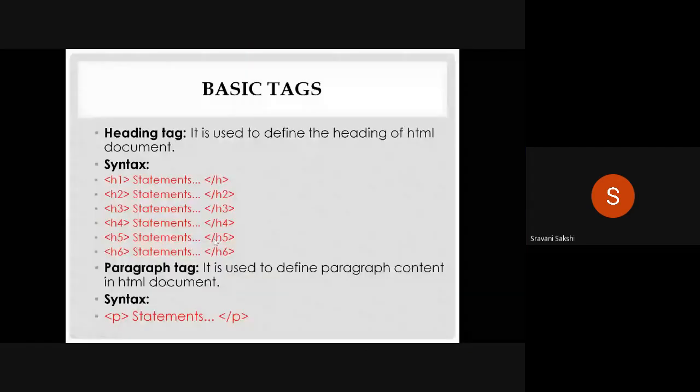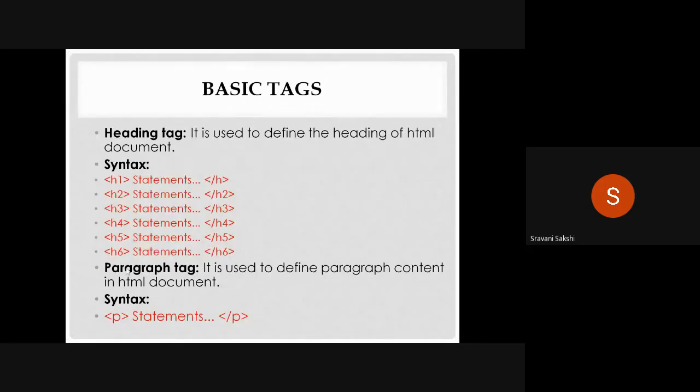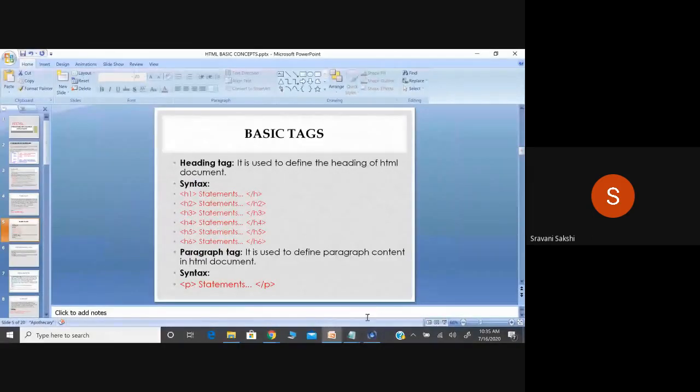Next coming to the paragraph tag. This is used to define the text in the format of paras. So what is the syntax? You will give it in P. The text you want to define is enclosed within the P tags, and it can be of a single line or of multiple lines. As a para defines multiple lines, you can define it either in a single line or multiple lines. Okay, so this is the end of that particular tag. So let us see the example.